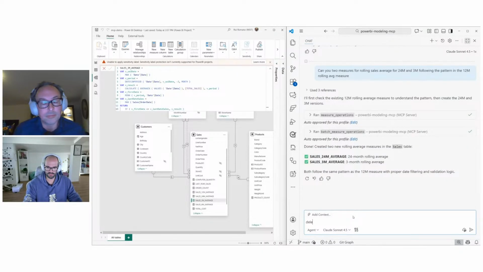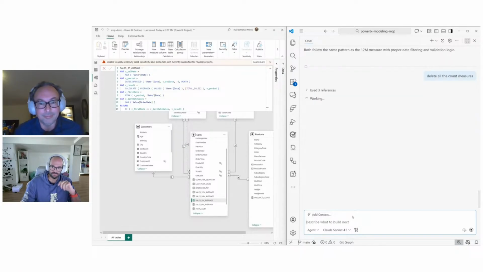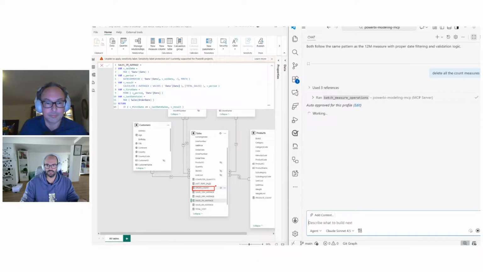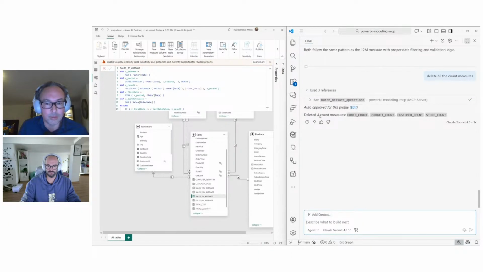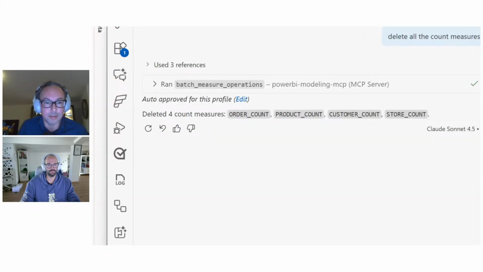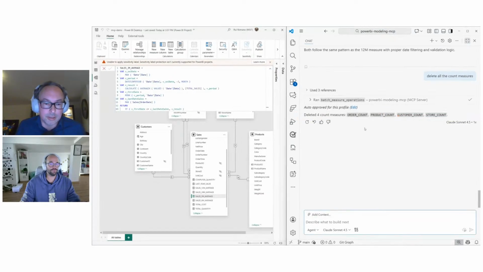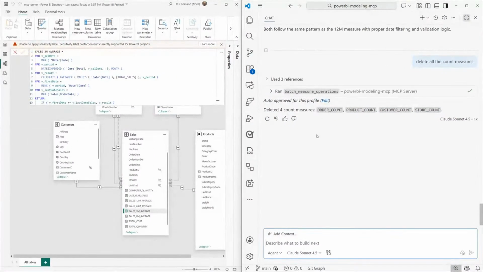So, can you delete all the count measures? And it's going to do the same thing. It's going to try to find measures that are for counts, and it's going to drop them. Okay, you see, it deleted 4 count measures. By the way, if you ask to create a calculation group, unless you explicitly ask otherwise, it will also delete the measures after the creation of a calculation group. But the thing that I want to call out here is that because I'm working with a PBIP,